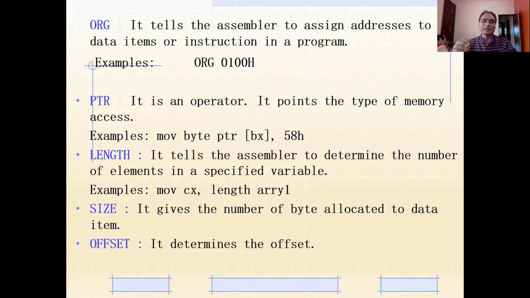Whenever we talk about memory mapping, the microprocessor is going to assign some memory location to the program instructions. So what should be the starting address of the memory location? If you don't use ORG, then the microprocessor will take it randomly. If you really want to ensure that your program starts from 0100H or 800H, whatever, if you intend to start your program from a specified memory location, then it is better to use the ORG